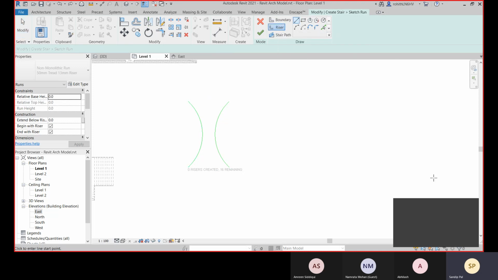Let's go with this riser. So this is the riser. Let's define 350.